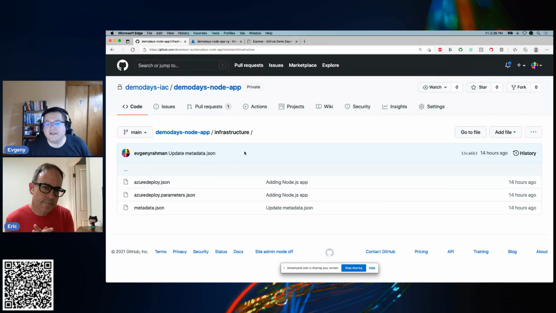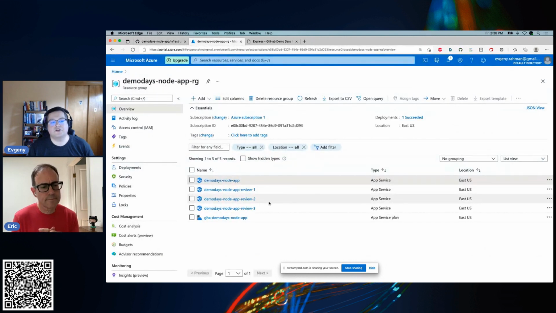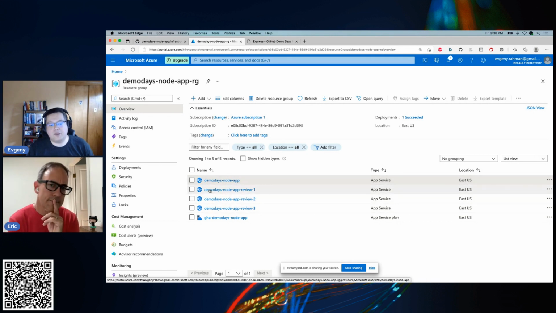As long as they're valid, as long as they're evaluated correctly, and they make sense to Azure, right? Azure sees the request come in based on the provisioning from the templates and says, okay, that's valid. I know how to handle this. I know what you're asking me for. I know how to provision this. You're going to get a new set of infrastructure. And that's what you see here, right? So we have one provisioned for the main Node app. We have a review app. We have another review app. We have another review app. And we can keep doing this, right?